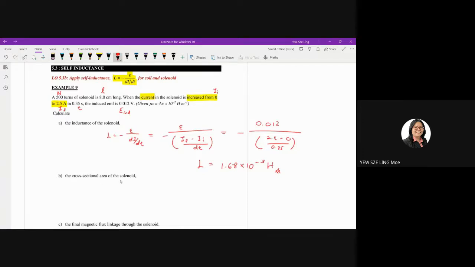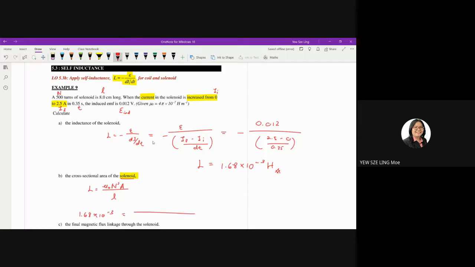The cross-sectional area of the solenoid. So you have a solenoid and you want to calculate the area. So L is equal to mu naught N square A over L. So you want the area. Now, area is coming from which equation? It's coming from the equation that we use to determine the factors that will affect the value of inductance. So from question A, we obtain inductance 1.68 times 10 to the power of -3 is equal to